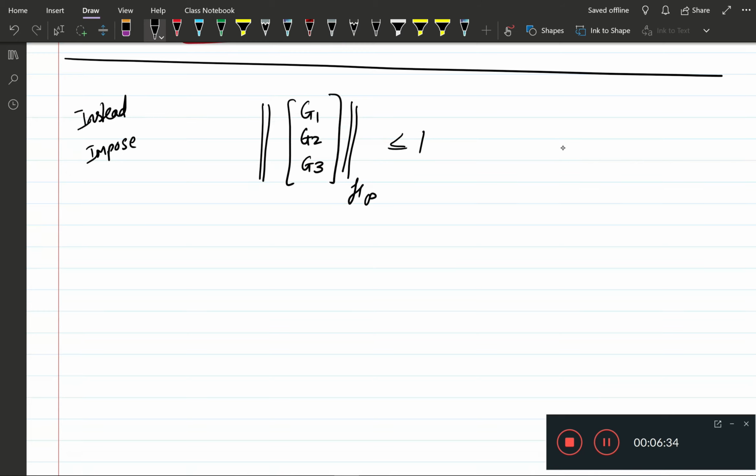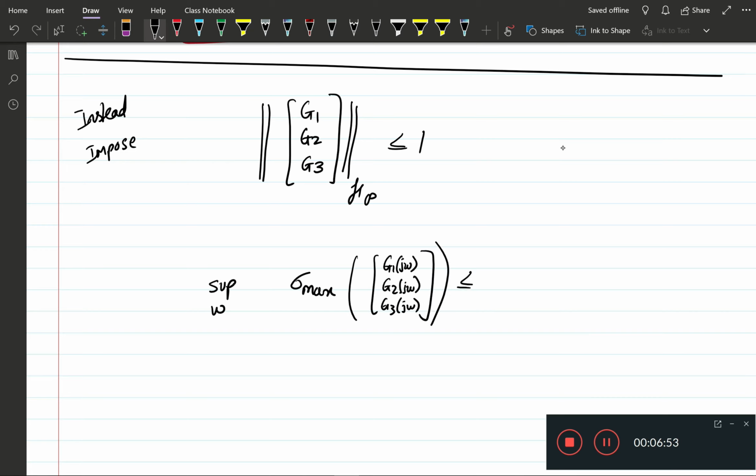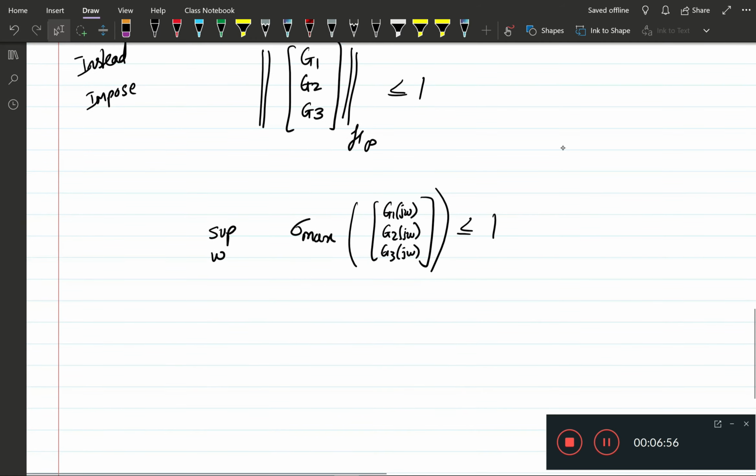That is nothing but the supremum over omega of the maximum singular value of G1 of j omega, G2 of j omega, G3 of j omega to be less than 1. And now this is a 3 by 1 vector, so we know that the singular value for a vector is just the 2 norm of that vector, so that is nothing but